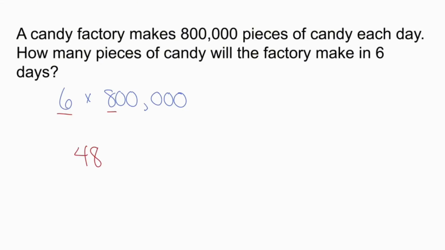Then you count the zeros at the end of each number. In this case, we just have this number, 1, 2, 3, 4, 5 zeros. Then you attach those zeros to the end of 48. 1, 2, 3, 4, 5. Count over 1, 2, 3, put a comma there, 1, 2, 3, put a comma there. So 6 times 800,000 is